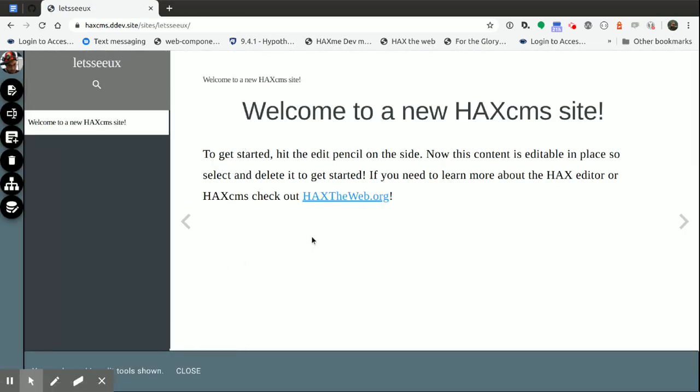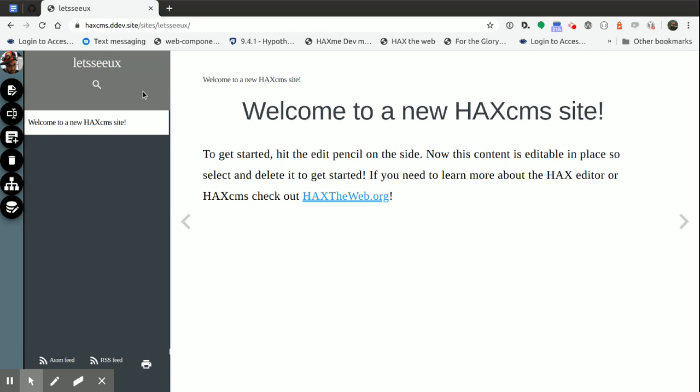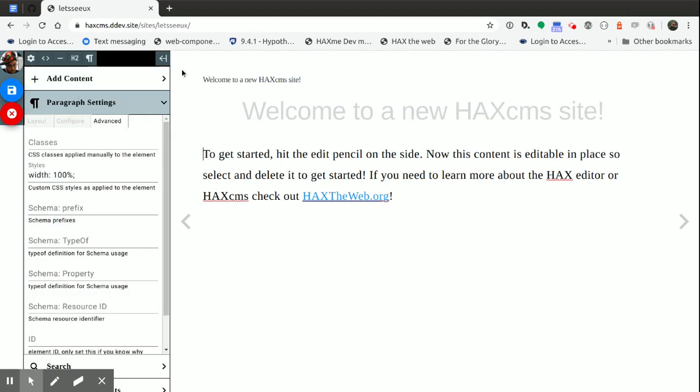So when you start, it doesn't look any different, right? Because we're talking HAX CMS here. But when I edit, no more bar across the top, no more in place, lots and lots of UIs. We've got everything really consolidated down to just a couple options here. So anything that I'm working on is going to draw